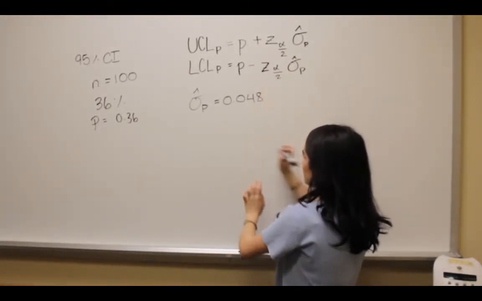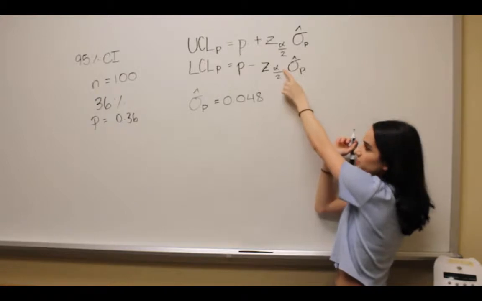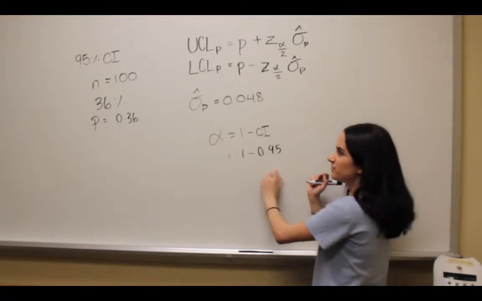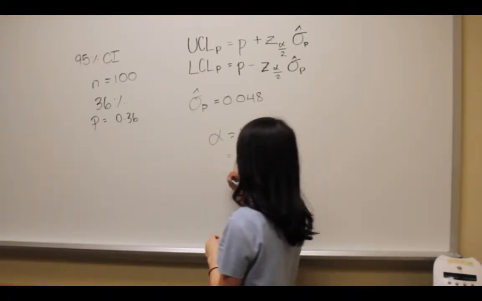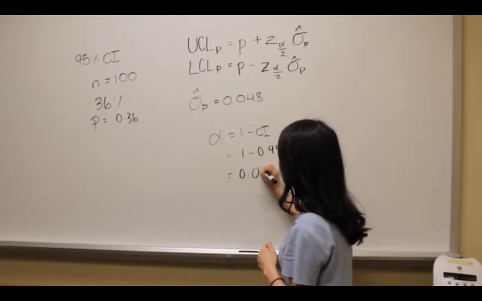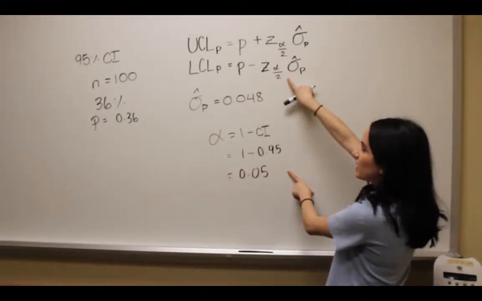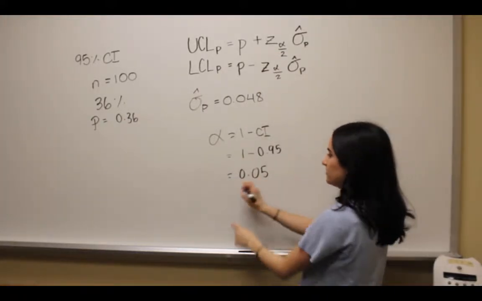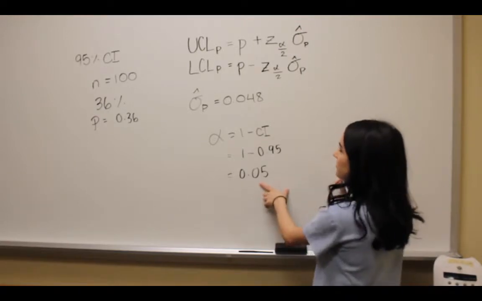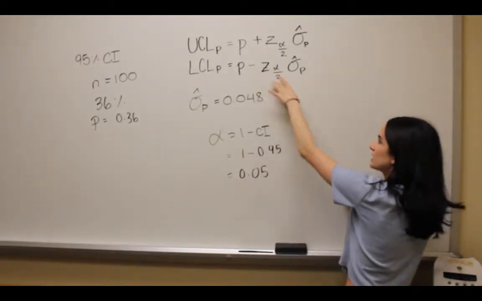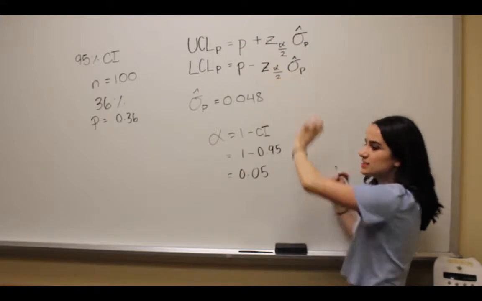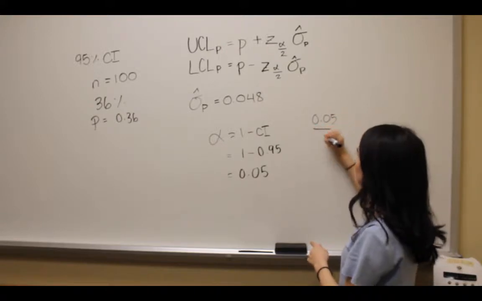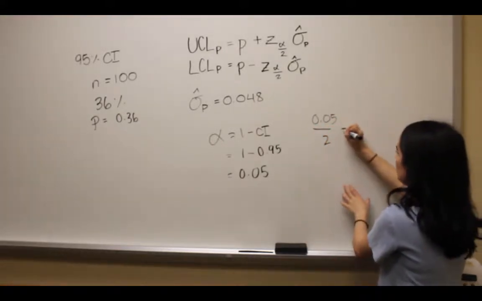So one way to find the Z value is we have to first look at our alpha, right? So we're going to take 1 minus 0.95, which is our confidence level, and that's going to give us 0.05. But if we look back in this equation, you have to find the Z for alpha divided by 2. So this is alpha. So now that we've solved for alpha, now we're going to find the Z. So if you look at the Z, it says it's alpha divided by 2. So what we're going to do is take this alpha, 0.05, and divide it by 2. And in this case, we get